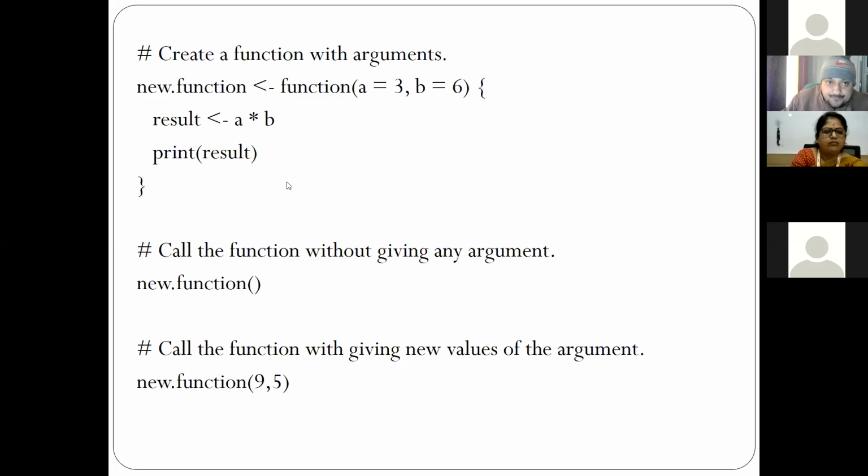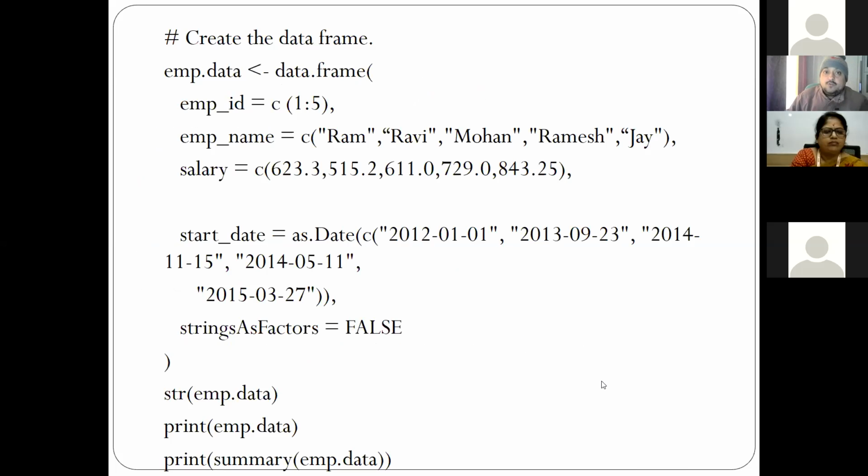Okay, next one, if we want to create a data frame, in that case simply you have to write the keyword data.frame, and within that you will be able to mention the different columns. Employee ID will be there. Then mention the employee ID equal to 1:5. It means that 1 to 5 is the employee ID. Then we mention the employee name. For example, you have to give the names, like Ram, Ravi. That way you mention the names. Then you have to mention that